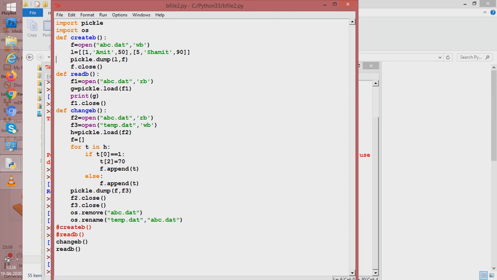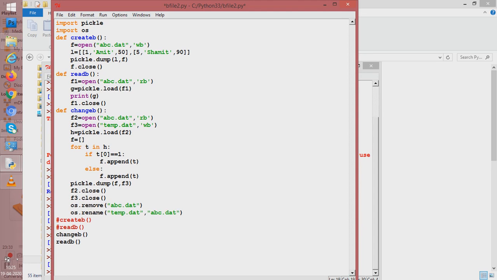That is to be done when we get a roll number 1. So if I get a roll number 1, we will say append. We want to append a new list in a file. Actually not t.append, we'll do it in F, because F is the thing which contains the details of the newer things.